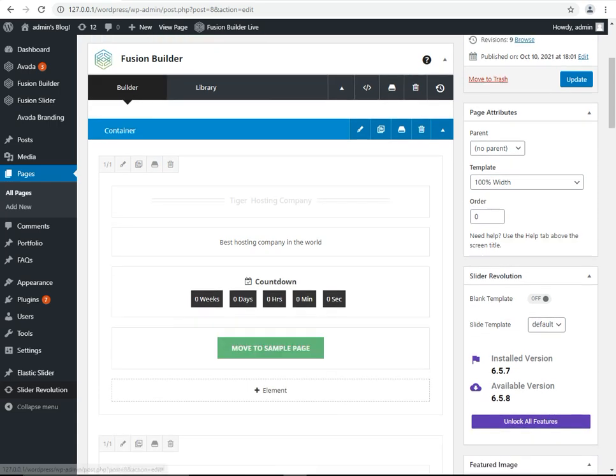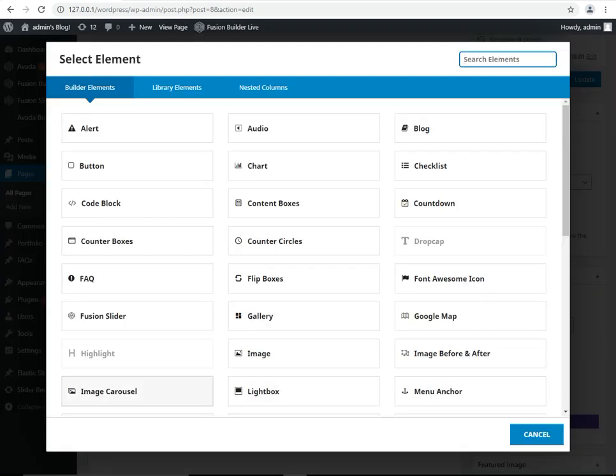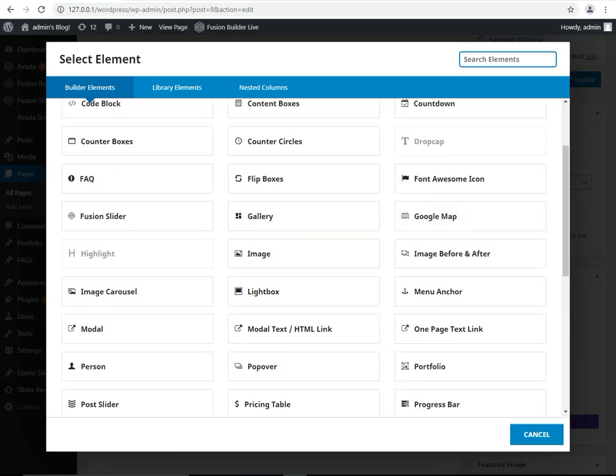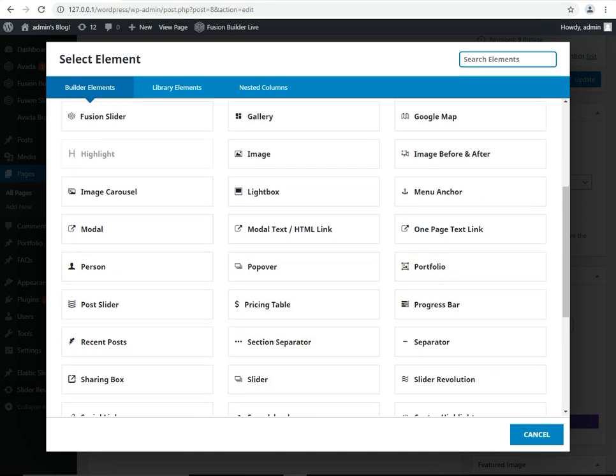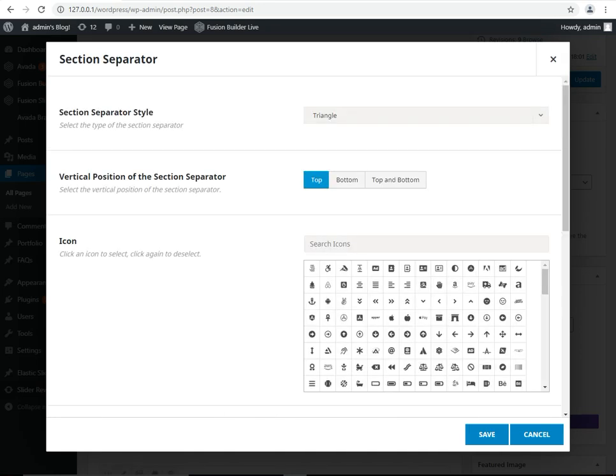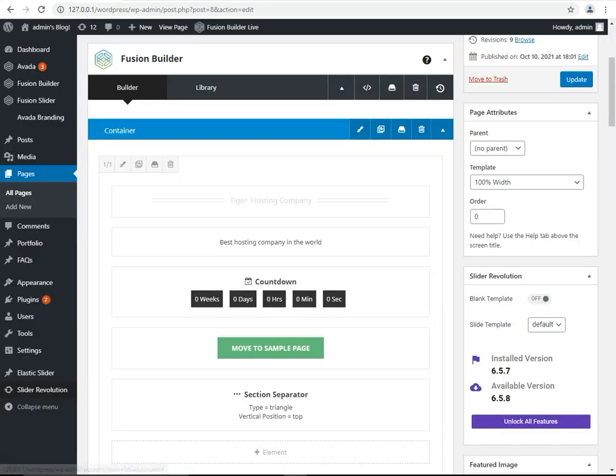I am going to add an element. Image, control box, audio block, content checklist. There are different elements available. Section separator. I will add this and press the save button.